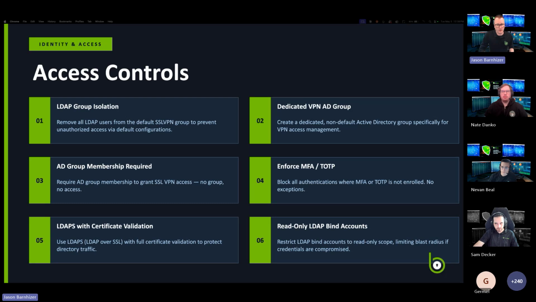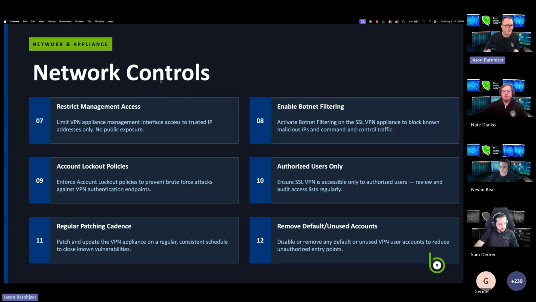Awesome. Okay, so that's some common things we see, access controls that can be put in place on the identity side. Let's talk a little bit about the networking and appliance side as well. We see a lot of those where commonly the management portal is exposed. We've seen some other things that threat actors are able to leverage. The big thing that we want to focus on here is